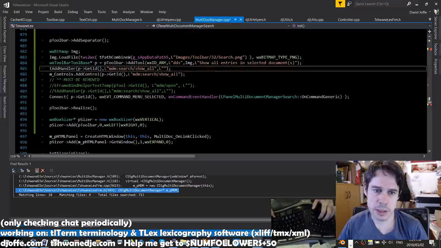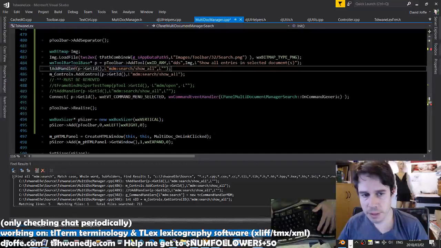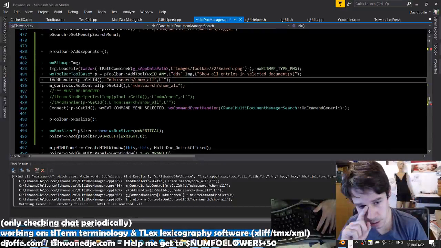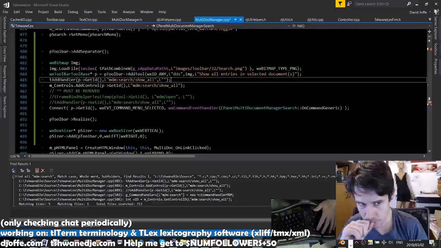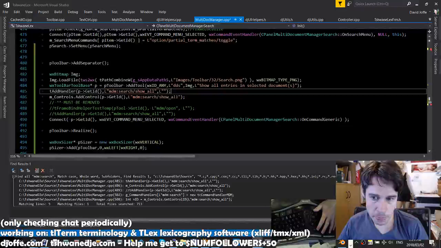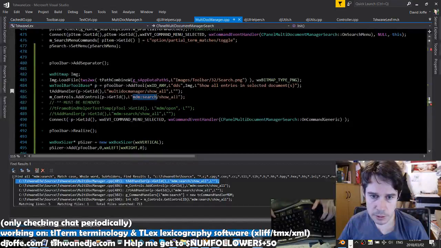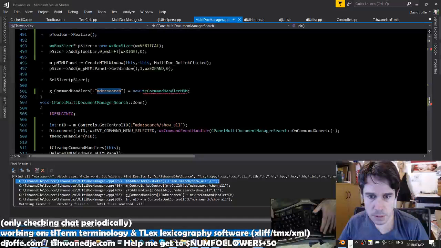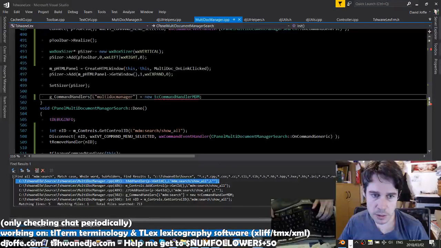This MDM search must then change. It shouldn't be MDM search. It should be just MDM. But we already have using MDM, so MDM is multi-doc manager and multi-doc manager. When we create the thing, okay, multi-doc manager, let's just put it multi-doc manager for now. We create it, and we shouldn't create it from this panel then, because it's got nothing to do with